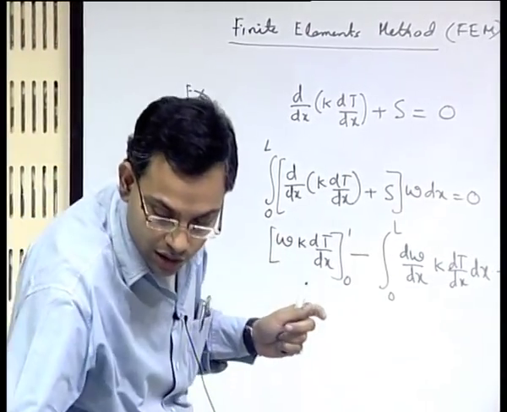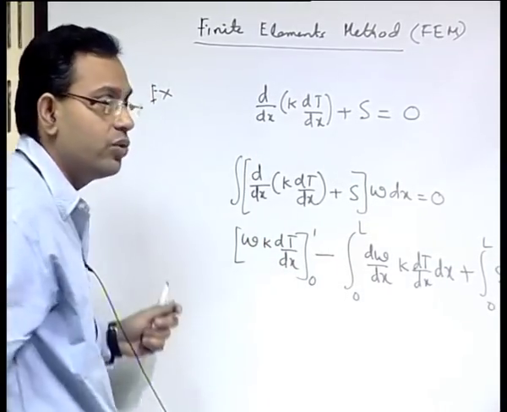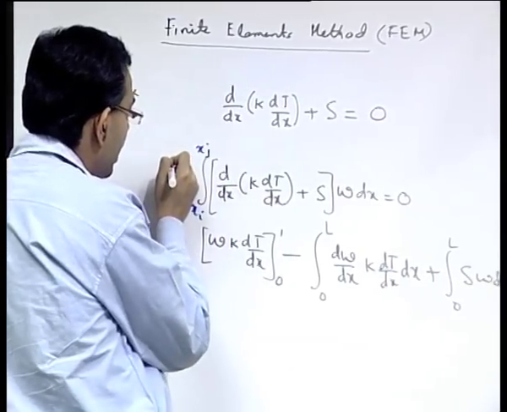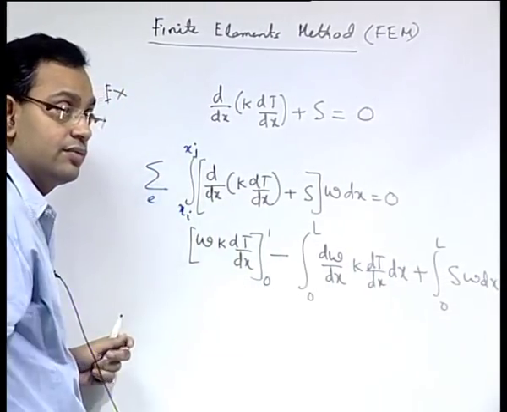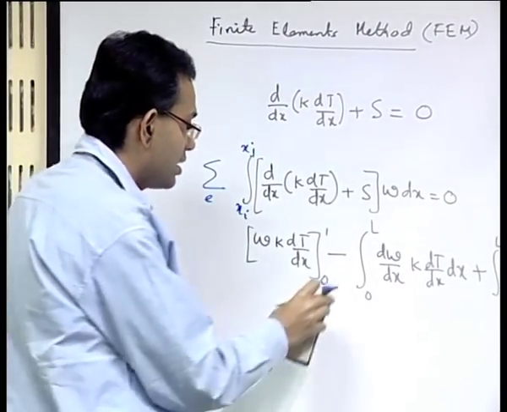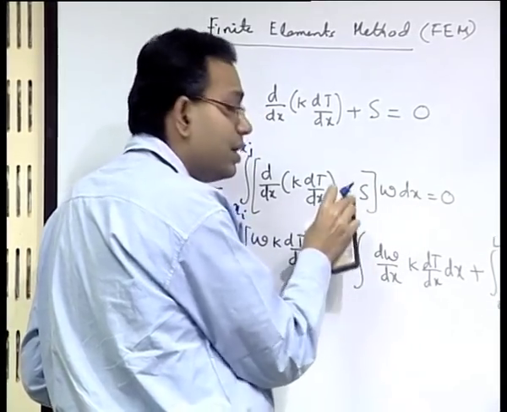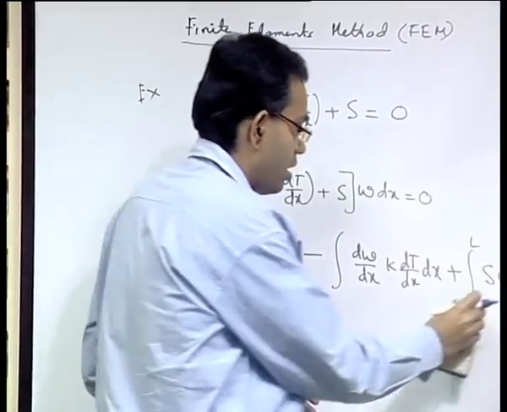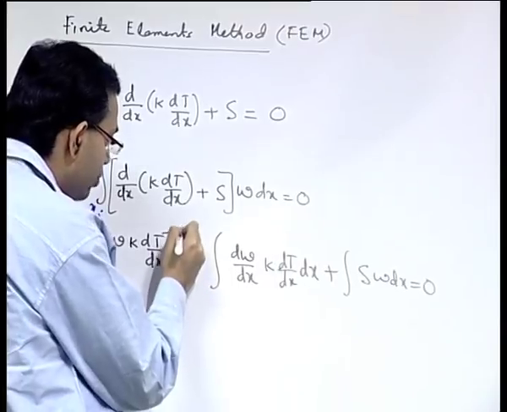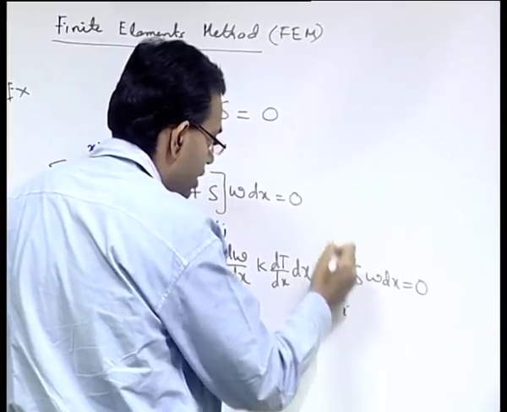Now, the change from the variational formulation is that it will be no more from 0 to L, but from xi to xj, and then this is summed up over all elements, that is the conceptual difference. So, what we will do is we will consider first the formulation for each element and then we will sum it up or assemble it later on. So, it will be from xi to xj.